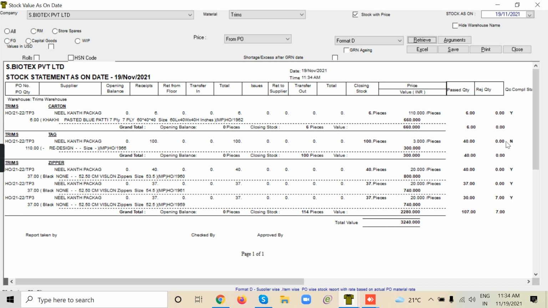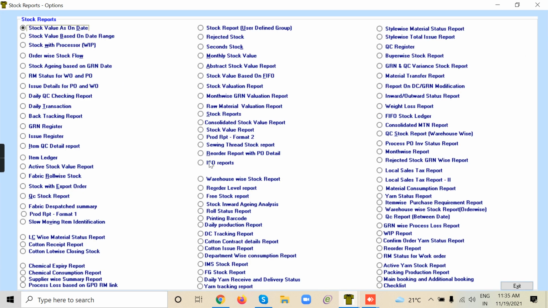Y. This one is N. Okay, here I think receipt is 100, but I have made QC only for 40. Okay. So it is QC fully completed. Right. So for every transaction that you do, you can check various reports.